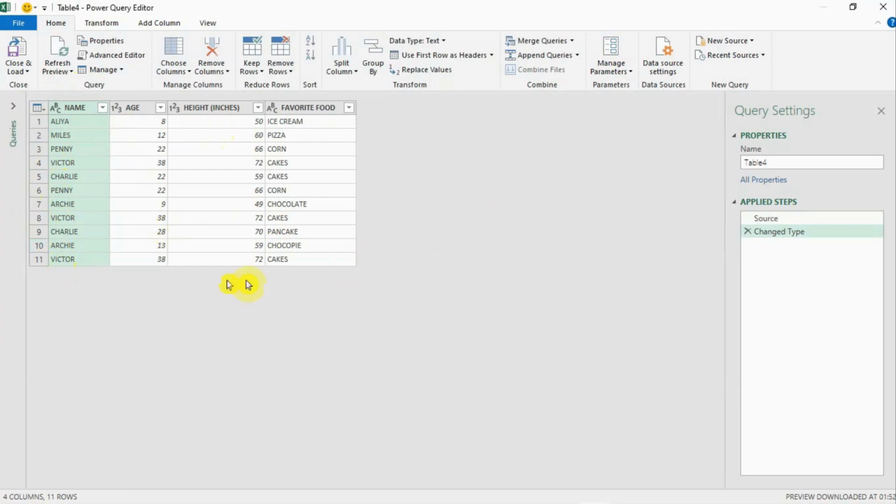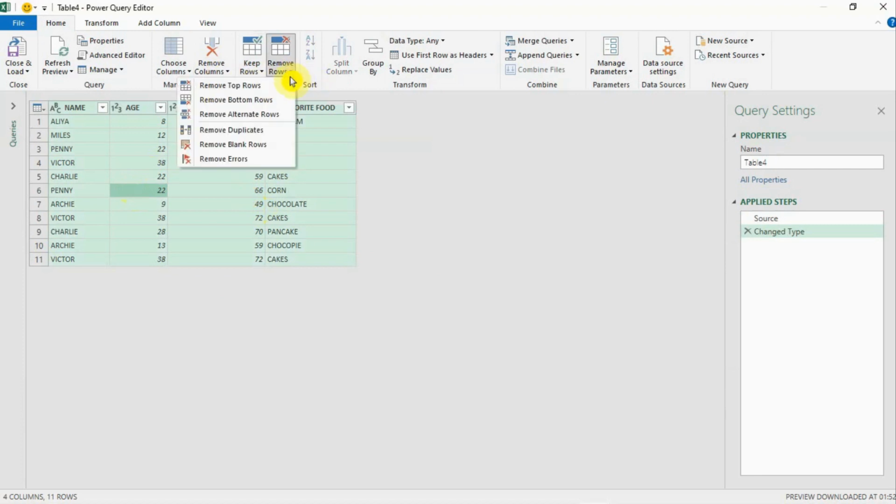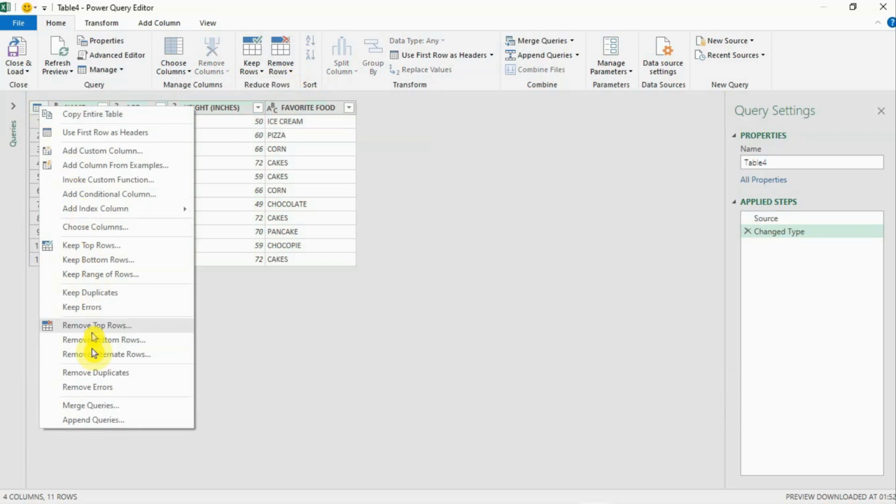You see all the data here. We can click inside this data and press Ctrl+A to select all the data. After that there is an option Remove Rows. In Remove Rows there is an option called Remove Duplicates. Either you can do this, or on the column at the top right click and remove duplicates.